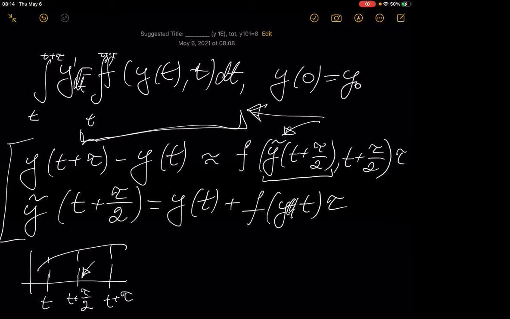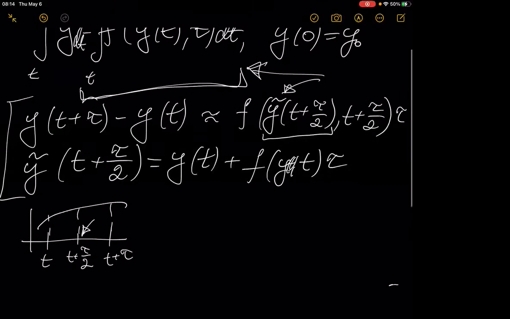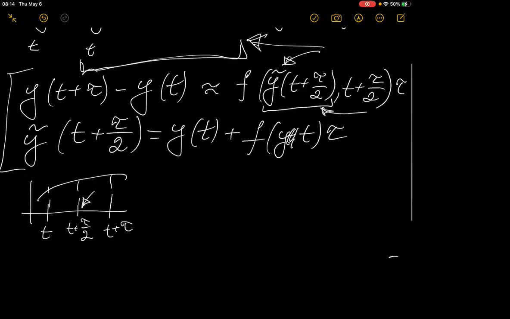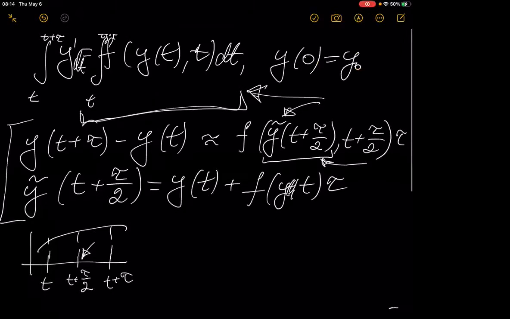So essentially, the idea is that you can use different linear combinations of your function evaluations in some middle points and so on. And essentially, you're just replacing this integral in the right-hand side with